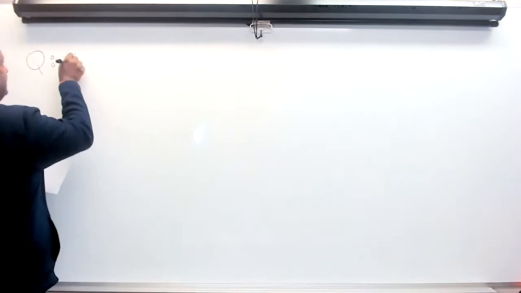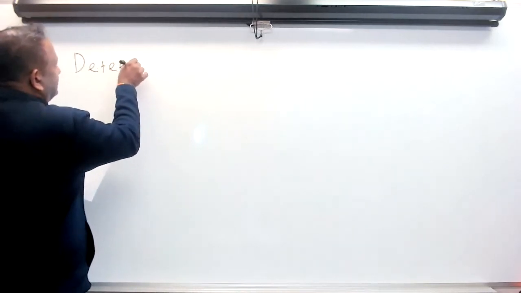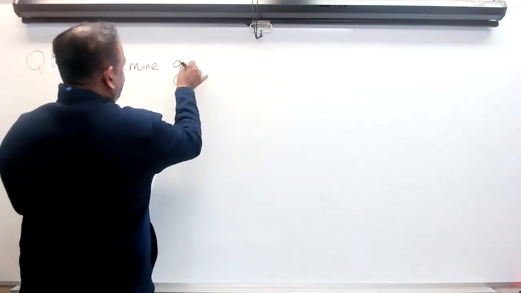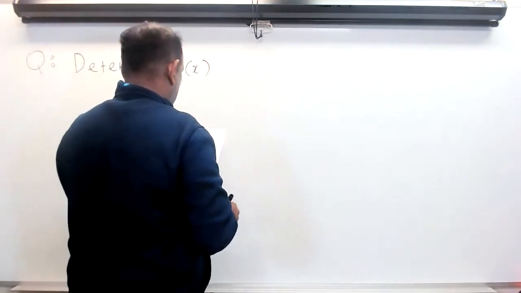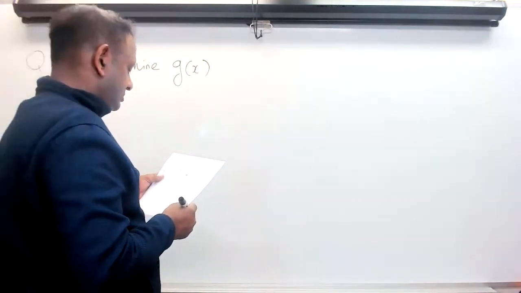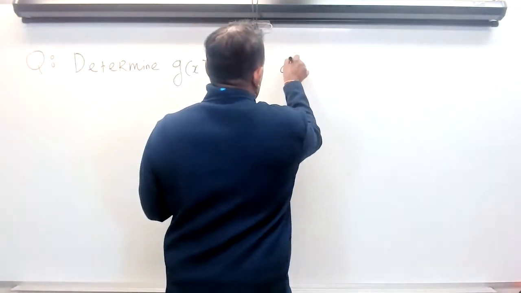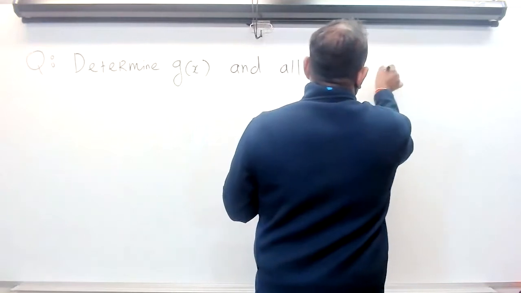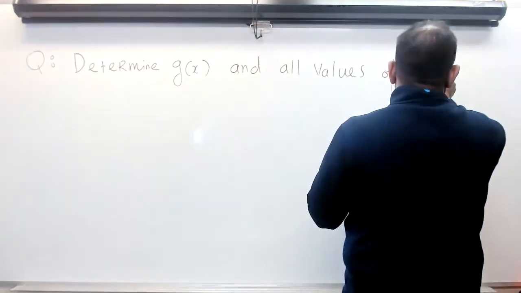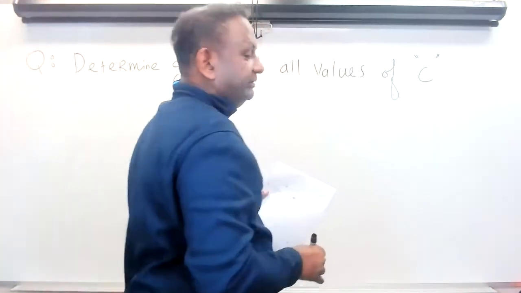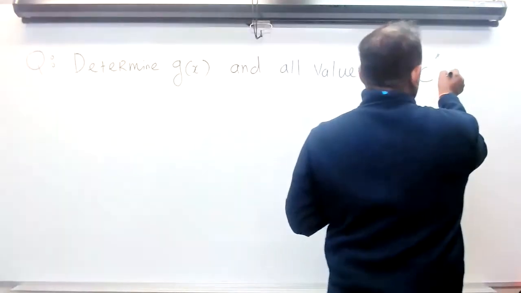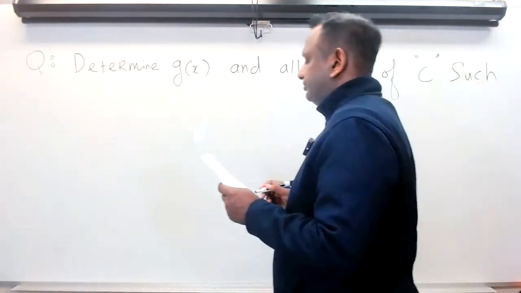Determine g of x and all values of c such that this integral going from c to x of g(t) dt